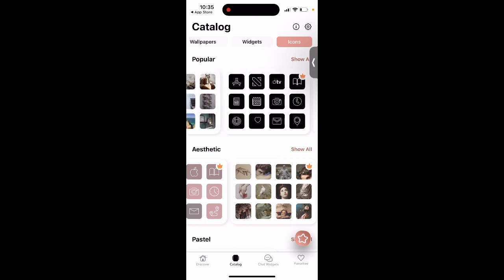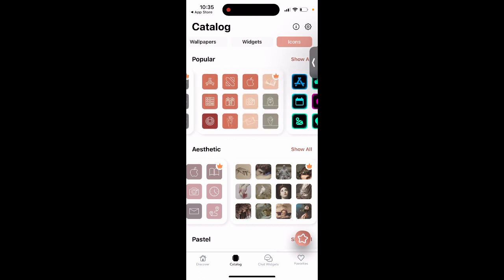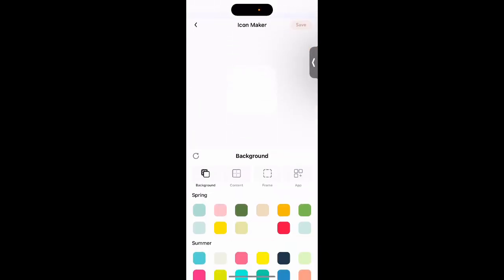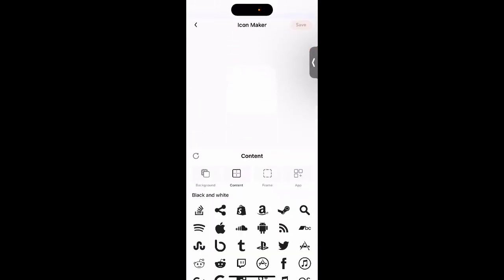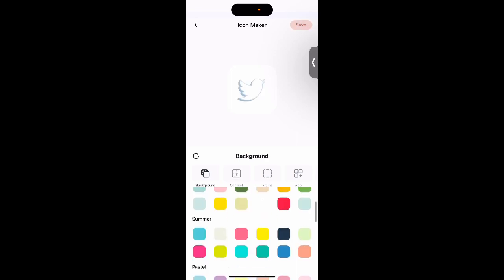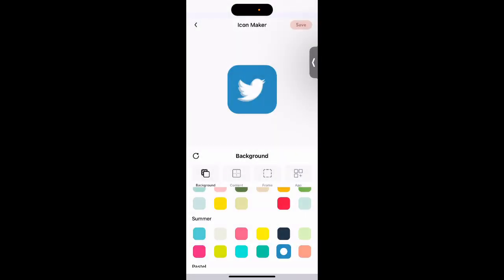But what you can do, even for free, is go to some pack which is not premium, just like here, and then select icon maker. There will be some ads in the free version, but in the content you can just go here and find a Twitter icon. You can select a background, for example, something like that. It's not that close, but then you can select app, and then find Twitter,